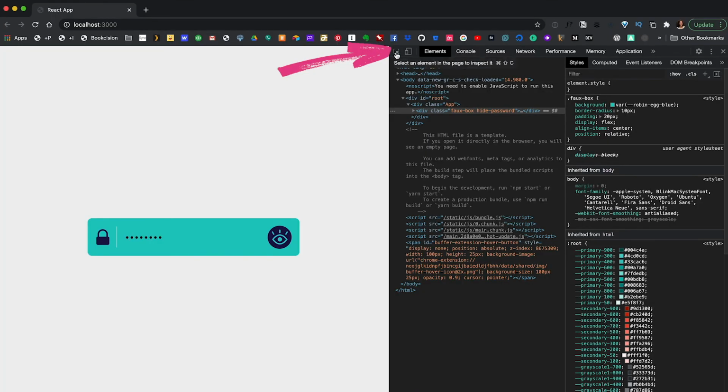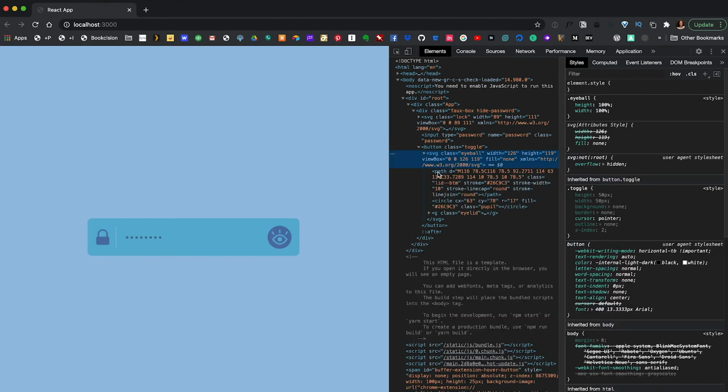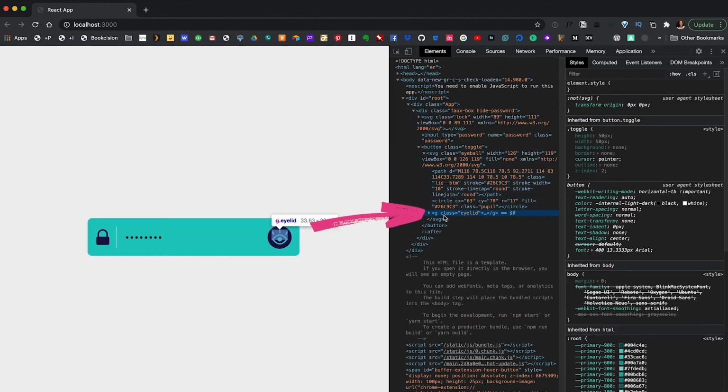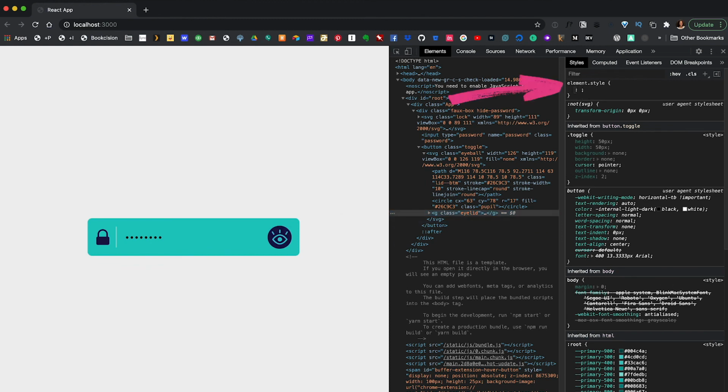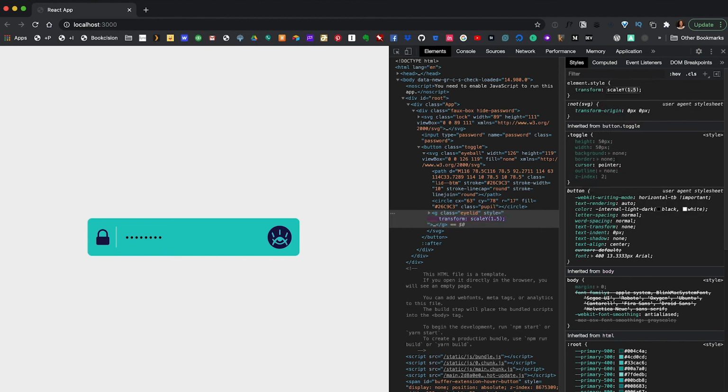Okay, I'm gonna use the arrow tool to select our eyeball.svg, and then let's expand this to find our G tag. With our G tag selected, we can flip it vertically. So over here in our styles, I can say transform: scaleY(-1). Okay, not exactly what you were expecting, and this might make a little bit more sense if I explain